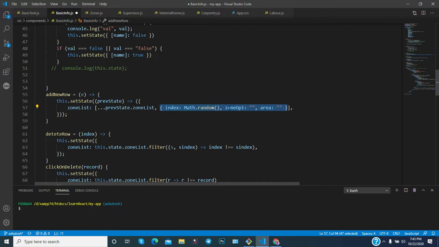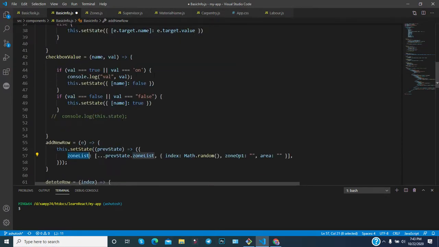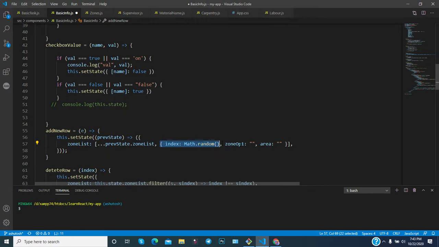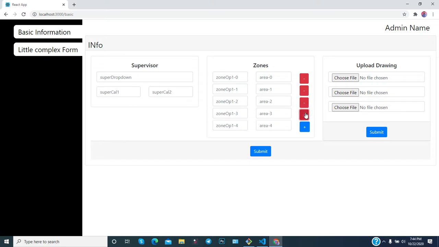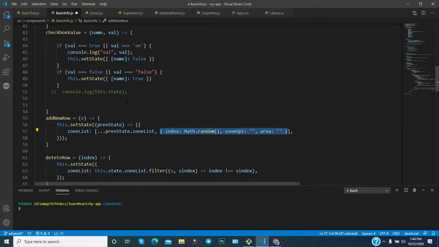In this way you are adding a new item to the zone list. It means the zone list will have another additional object. So if you click the plus icon, it will call this method, and this method will copy the previous data, and then another data gets added to that particular array.